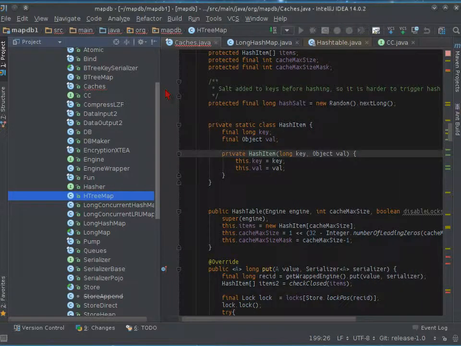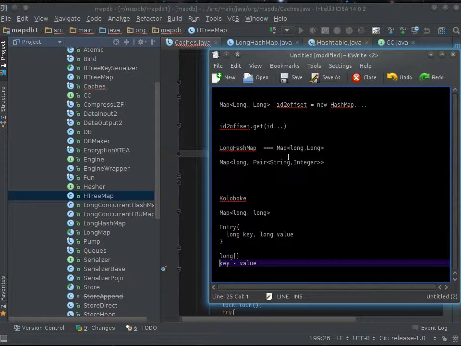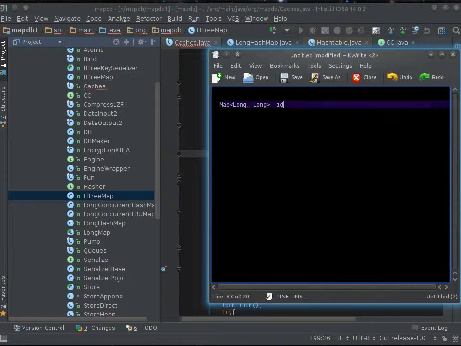So yeah, let's start. In the first part of this video we went through the changes in the collections and serializer base, and we started the engine hierarchy. So I'll just go back to the engine hierarchy here, and yeah,